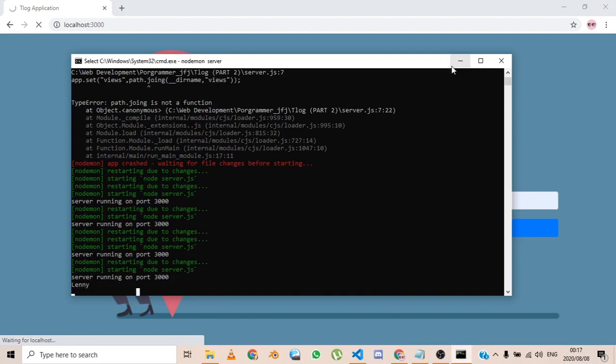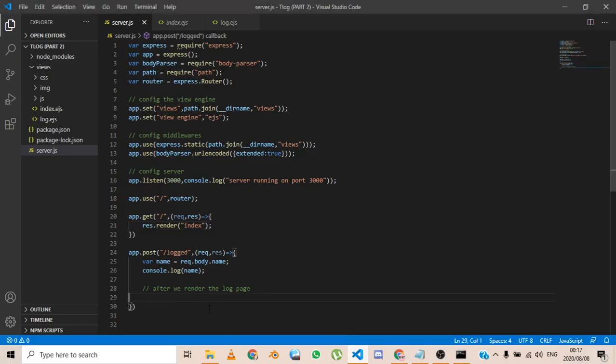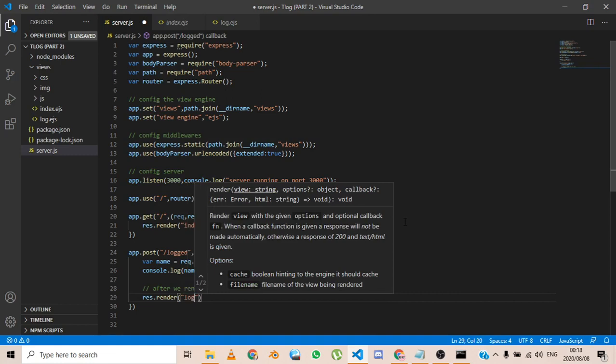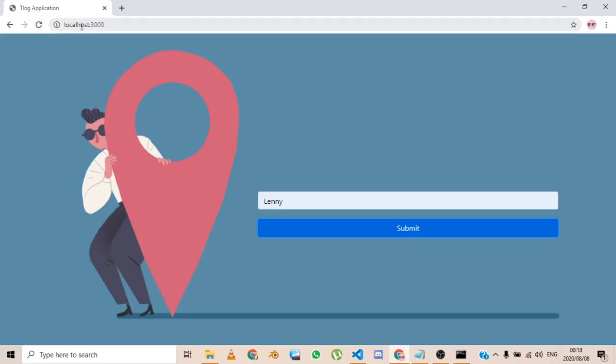But what if I want to render the other page when I click this button? Well, I just do the very same method. If I want to render another page, I just say res.render, and then I just put in the name of the page. So I say log, and I'll just save that. So now if I cancel this and I reload the page, I get that. If I say I'm Joy and I say next,